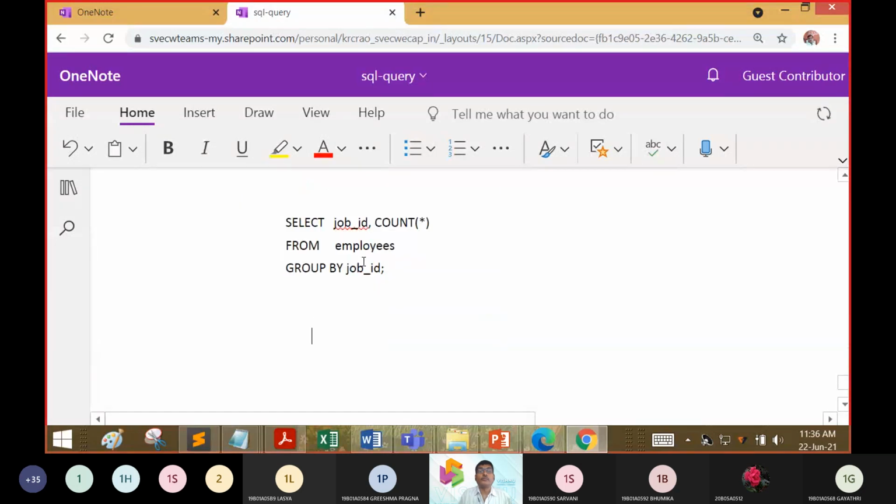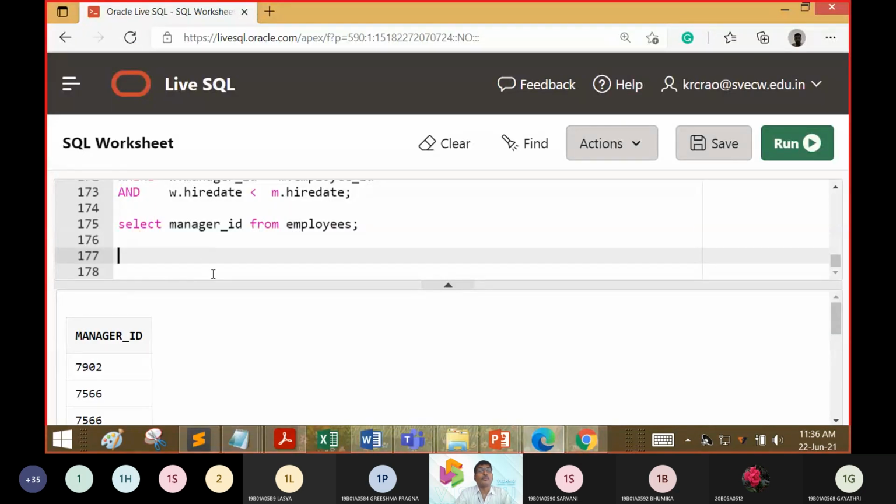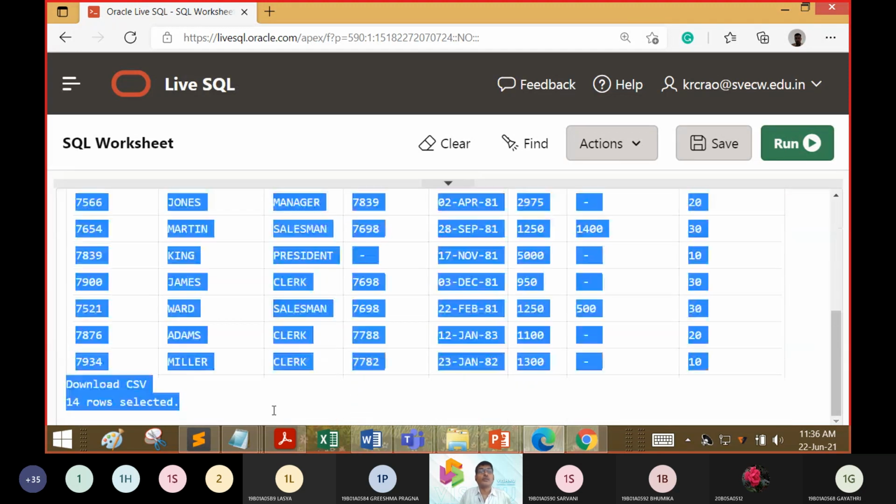Select job ID and count from employees, and that too you have to group by this value. For convenience, I will bring the table again before you, so no need to scroll here and there.